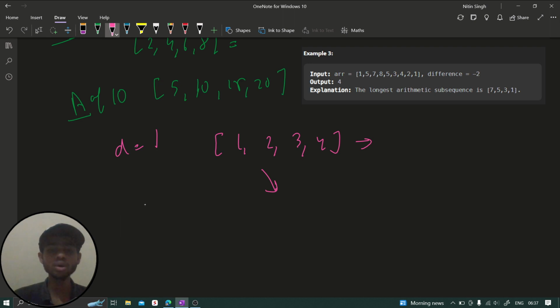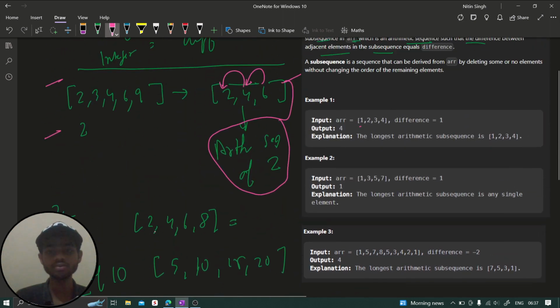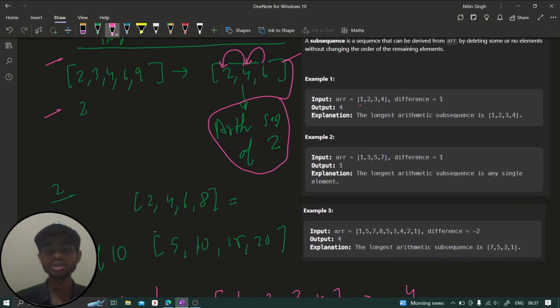So we can say this whole complete array is only an arithmetic sequence of difference 1. So we can say return 4 only. Output is nothing but we can say 4 only, right? So you can see, right? Because this complete array is also an arithmetic sequence of difference 1. Now in the second example, you can see we are given 1, 3, 5, 7, and we need to find